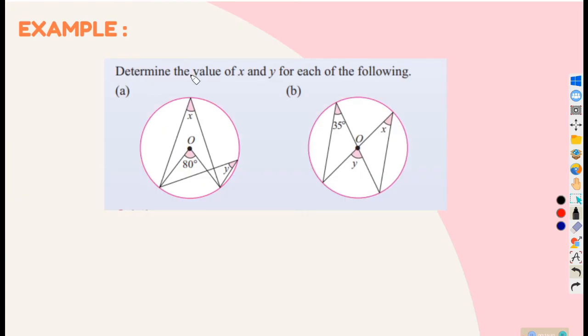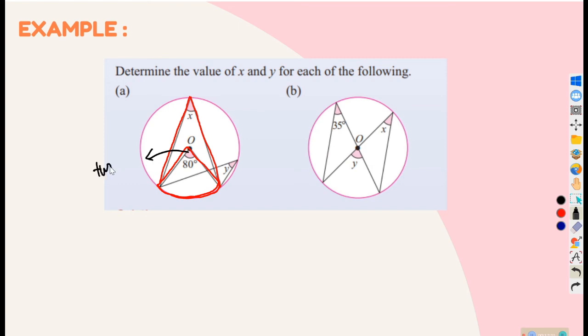Okay, determine the value of x and y for each of the following. I will show you here. First you can see a rocket shape here. Going to the same arc here, and then going up to the center, then goes down, and then it goes back to the same arc. So we know that this angle is